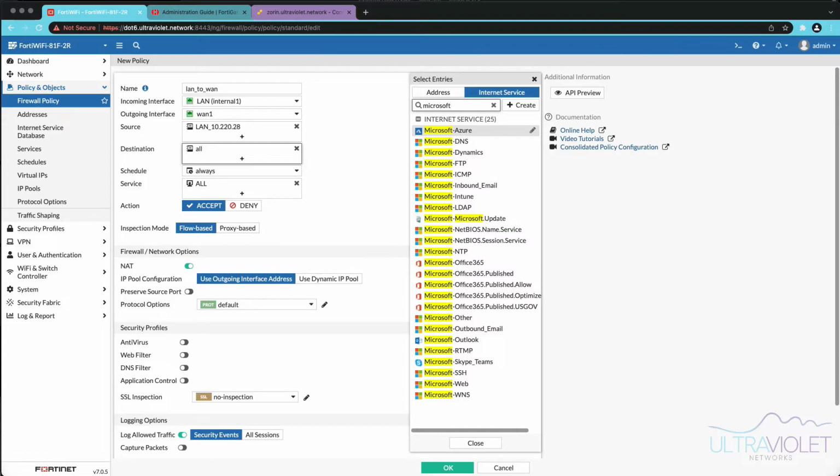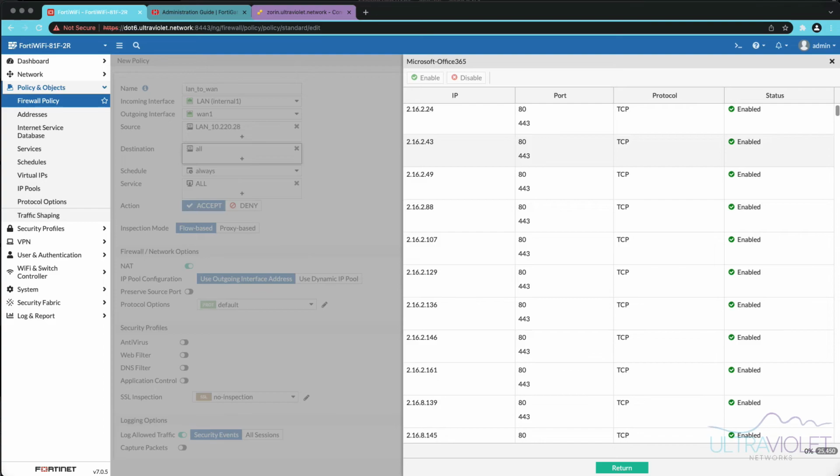Microsoft has lots of pages and articles on their allowed IPs, allowed ports, etc. And while these aren't applications, these are internet service objects. If we were to take a look at Office 365 and view the entries,